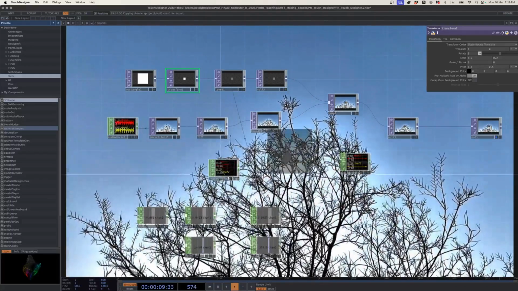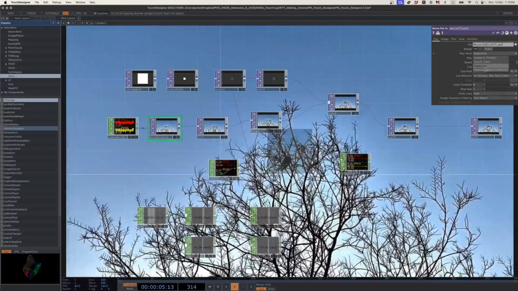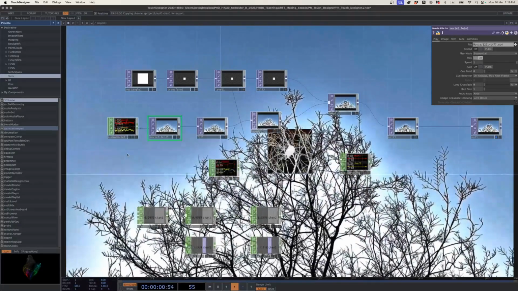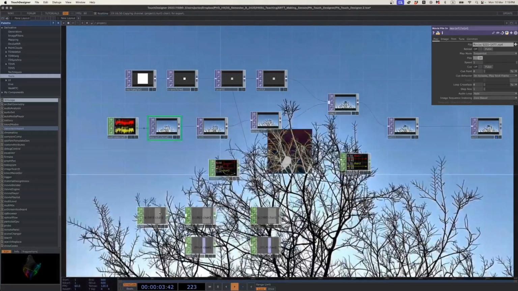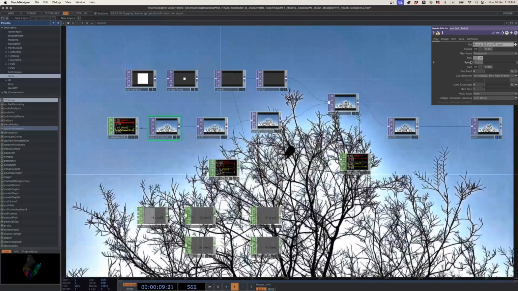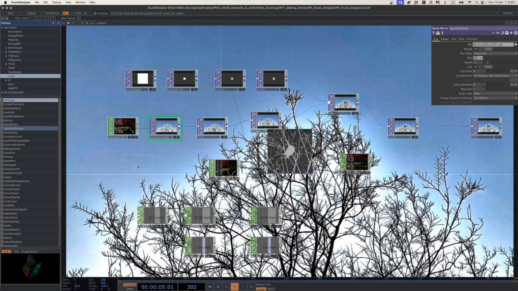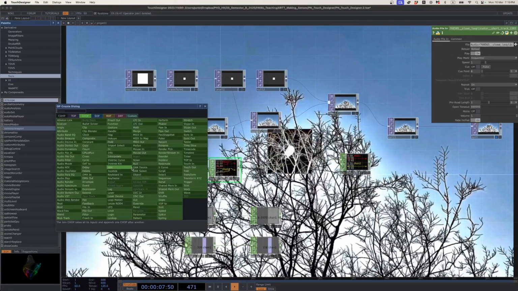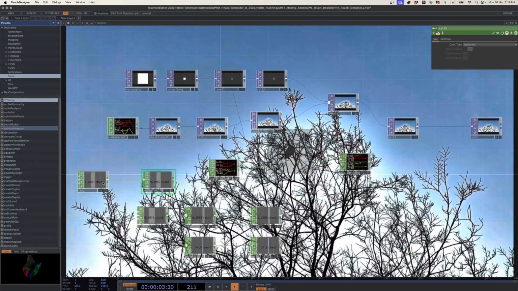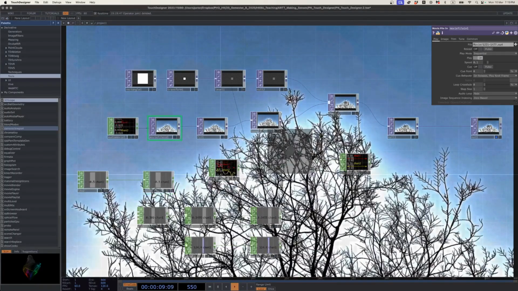What if we wanted the video to loop? Here we're just playing the video, it's just playing itself from start to finish and looping. Well, if we wanted the video to loop, we could actually use our LFO and put that into the play speed of the video. For example, if I put this speed to 1, it'll slow the video down to 10% of its speed. Or if I give myself an LFO, like here, and just grab a null,